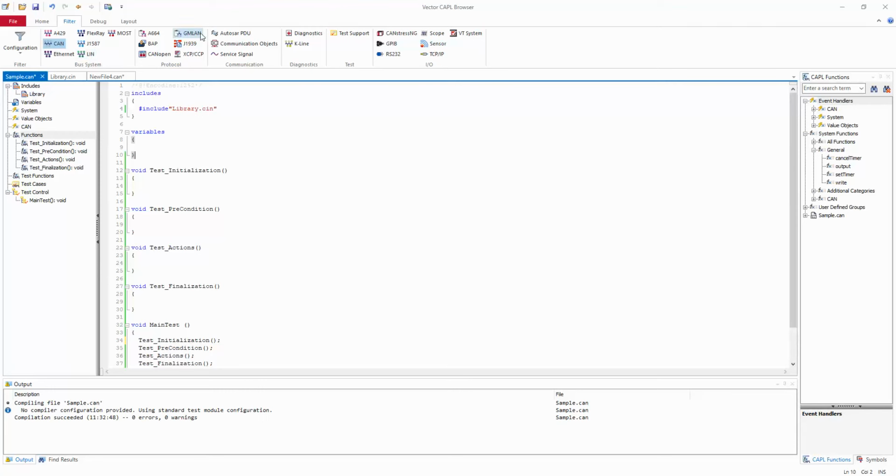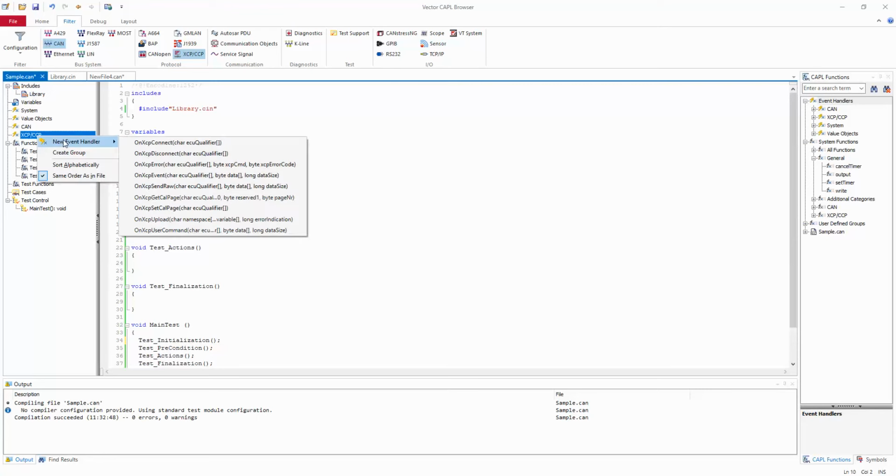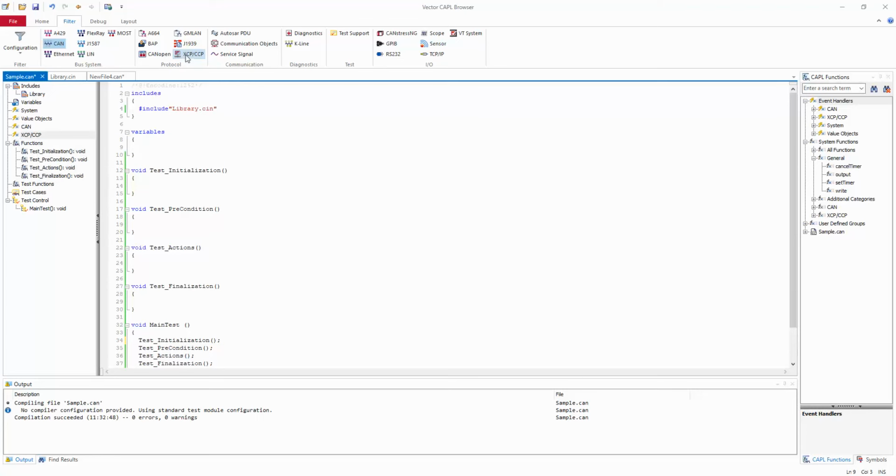The same way, based on the protocol: for example, if I wanted to use an XCP or CCP protocol and I select that, it will display the XCP or CCP protocol. Then if you right click, you will find all the event handlers with respect to those XCP or CCP related things. So it's quite easy, you don't need to do the coding from scratch. If you just click on the concerned event, the concerned syntax will appear in your CAPL browser. That's a plus. It's quite easy to do it this way, rather than entering the code and remembering things.